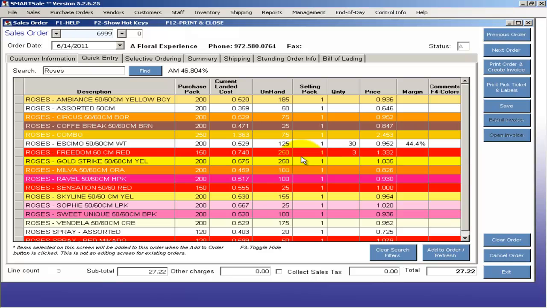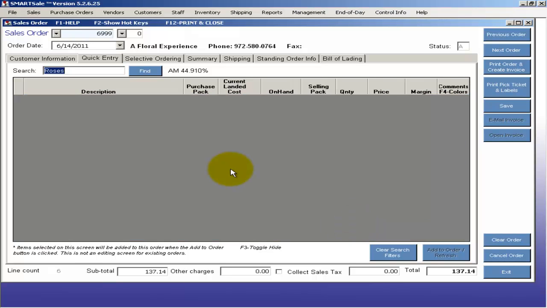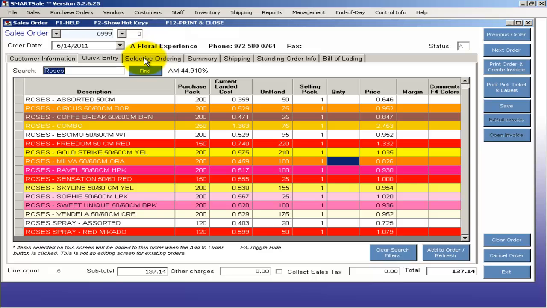We want to do maybe 30 of these, and I don't know, maybe we want to do 40 of these. Okay, so it's that simple. Again, I'm going to hit add item to order, and it's going to just put them right on the order. And I want to show you something else here, because we're talking Quick Entry, but I haven't showed you what